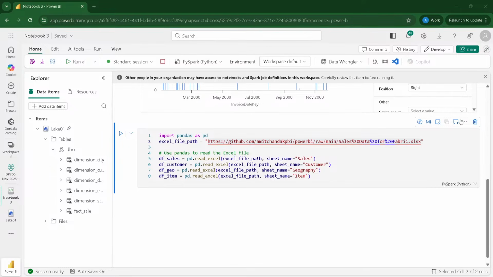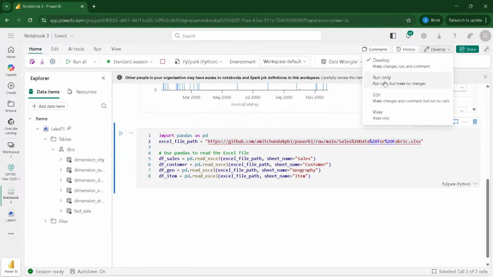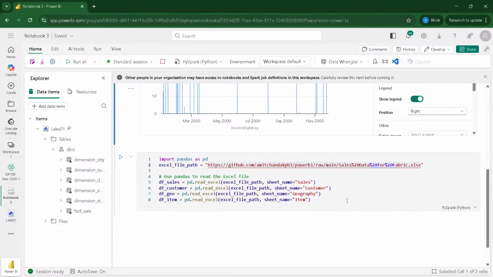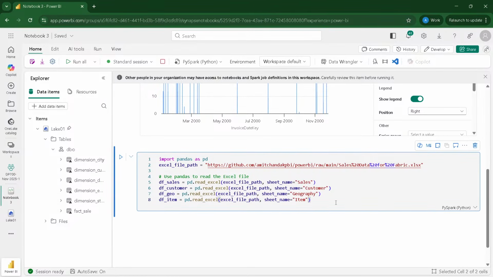See, we do have develop, run only, edit and view modes available here. And also who can change depends on the permission you have given on the notebooks. These can be source controlled. All the notebooks can be source controlled, and you can also view the history of it. So everything which you require for your CI/CD is available with the notebooks. And if you ask me, best supported on the notebooks.